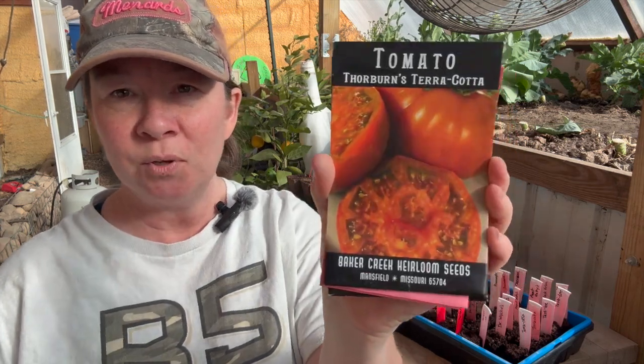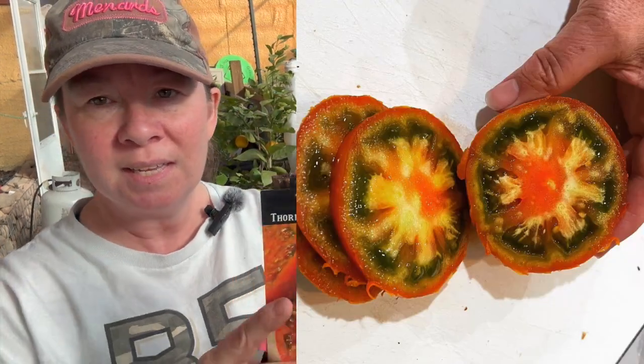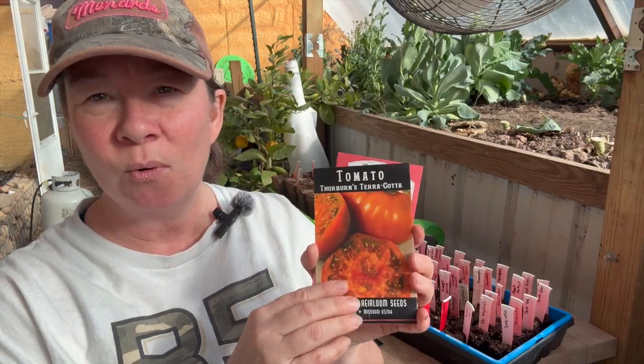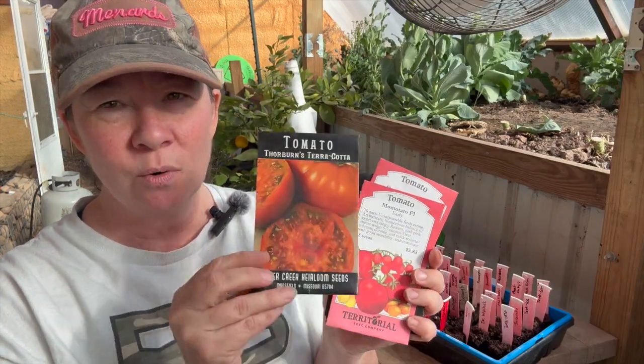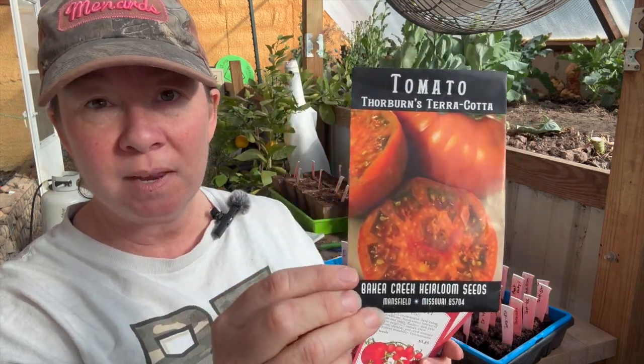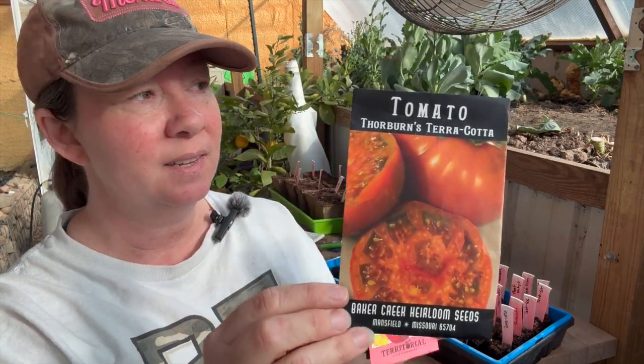This is my #1 Thorburns terracotta tomato. It's a mix of the umami with the sweet. It's a beautiful color. This doesn't really do it justice. I'll see if I can find a better picture and put it up here. But it's got pretty pinks and greens and orange in it. I think it's considered an orange tomato, and it's my first tomato to ripen and my last tomato to ripen,